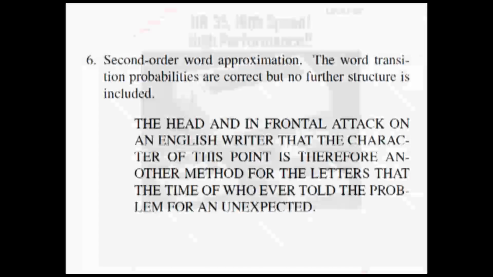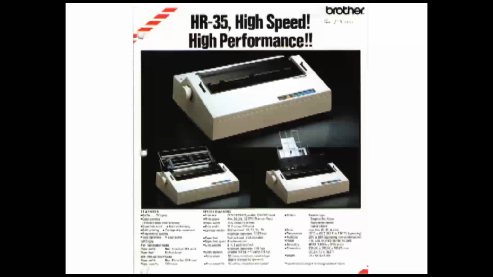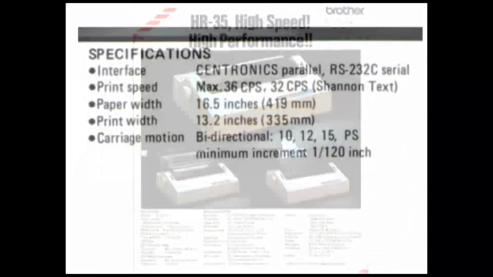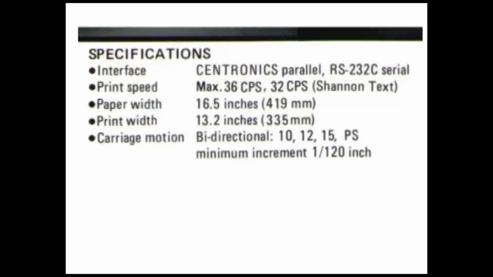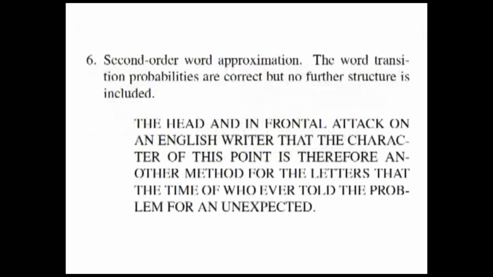This is plausible. Alright, so now we have commercial interaction here. This was an ad for a Daisy Wheel printer. This is how the printers looked when I was a graduate student. And I want to show you something here because you see the print speed in this ad says 32 characters per second. In fact, what happened was that this text that we came up with in the paper became a standard text to test the speed of typewriters.